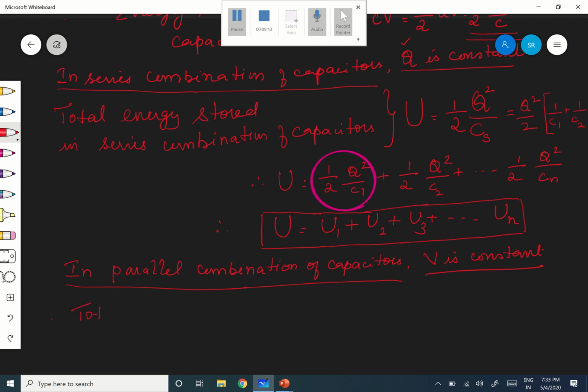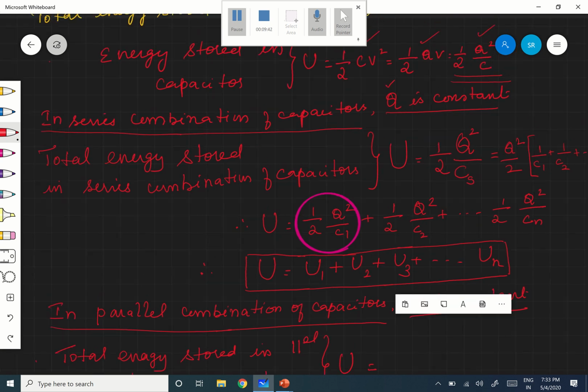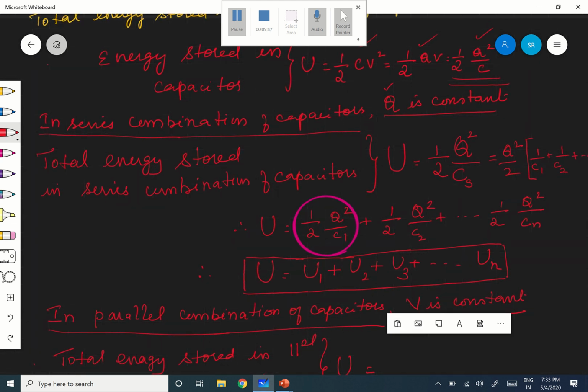Therefore, the total energy stored in a parallel combination of capacitors is U equal to, now which formula do you have to use? We have three, as already told: CV combination, QV combination, QC combination. Now you cannot take the Q one. Why? Because